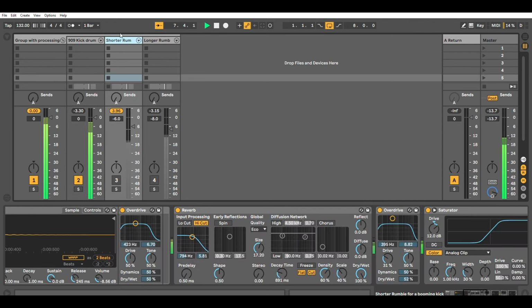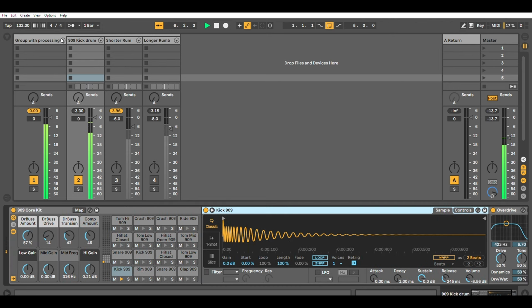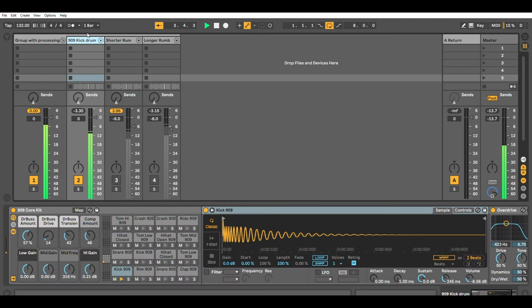You know that sound. So yeah, what you want to do is, I've got two different examples here. I'll run you through both of them. First of all, you want to set up a 909 kick. I have used one that comes with Ableton. And I've given it a bit of overdrive just to taste, and then I put it in a group as well with a bit of distortion on it, so everything's distorted a little bit, and a little bit of a glue compressor. We'll tweak those afterwards though. So yeah, you get your 909 kick drum, and then you just right click and copy the track. You duplicate that channel,